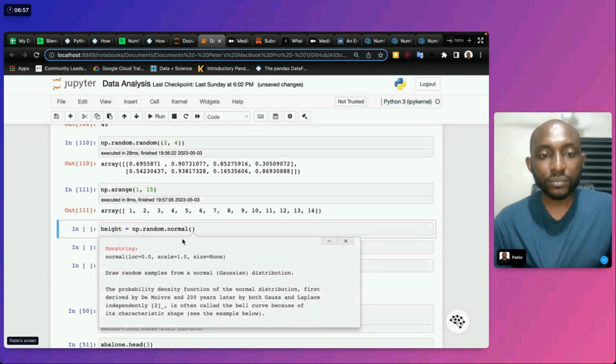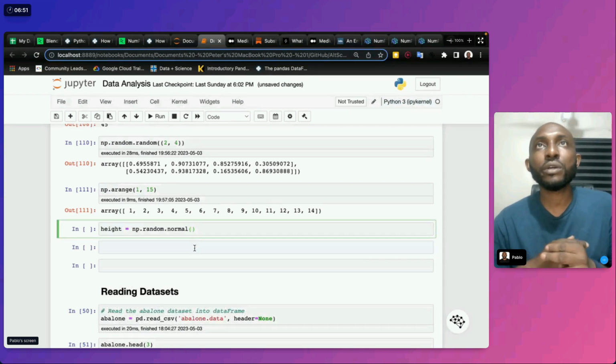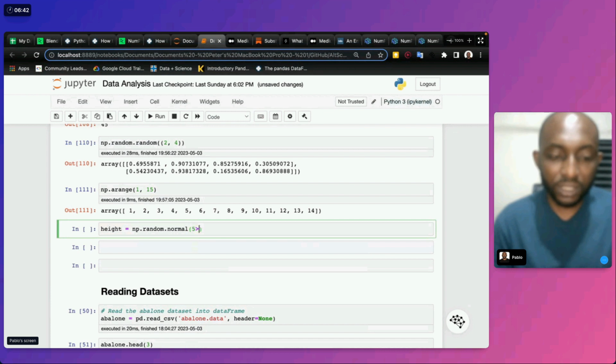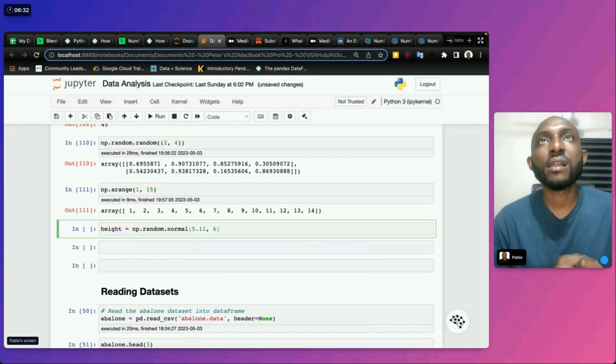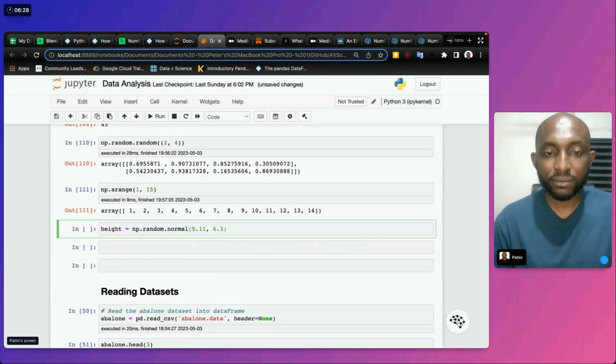And say what I want to do is draw a random setup for people who are within maybe 5.11 to 6.3, right?